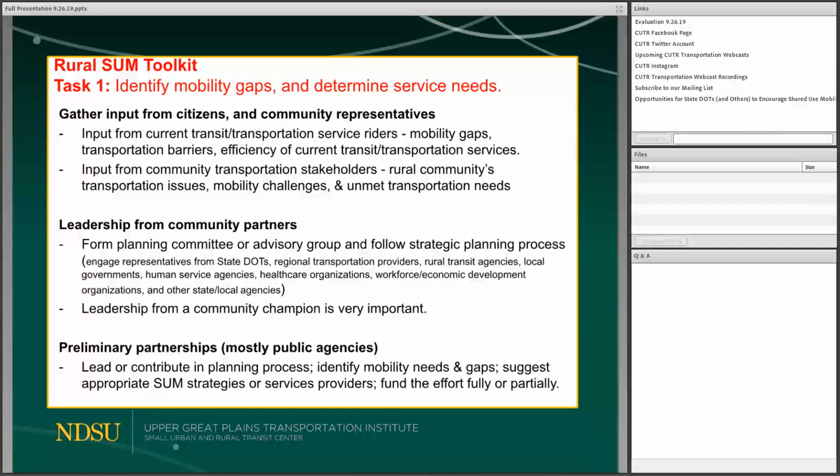While a strategic planning process is followed, it is important to have a community champion to lead the effort from the planning stage till the implementation stage. Any of the participants in these agencies could serve as a community champion to provide motivation towards bringing a shared use mobility practice to the community. And at this stage, while many agencies are working, these agencies could potentially become public partners to essentially assist in the planning process.